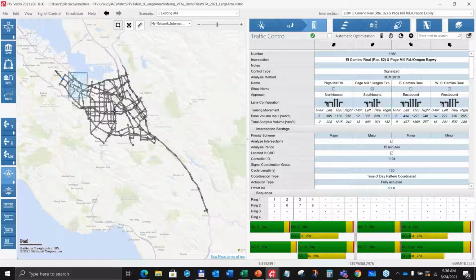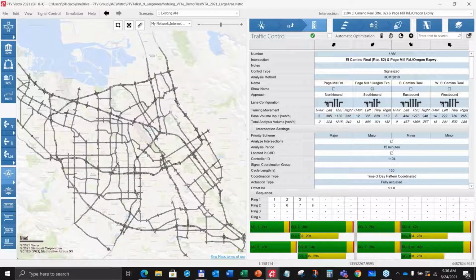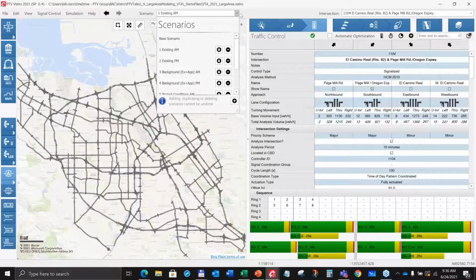One of the other things is about the scenarios, and I know we've done sessions and we've explored the scenario manager. We've explored how to use that for corridor studies, timing studies, impact analysis studies, all of those things. What I did want to highlight today is looking at this VTA network, and as Eugene had mentioned, we had helped them set up their existing network.